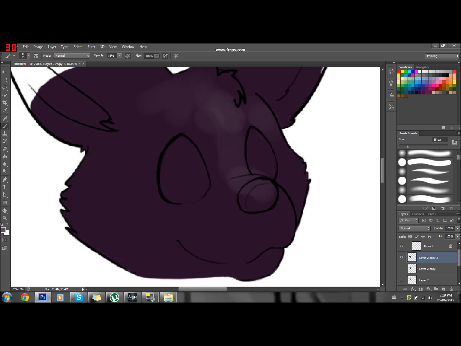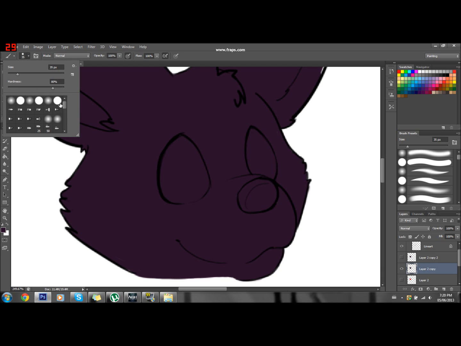So we'll just add some lightness and stuff to them. And this would kind of be used for non-cell shading. Woo, isn't that beautiful? Not really, absolutely horribly colored. But anyways, we're gonna go to the upper layer now, and you can also